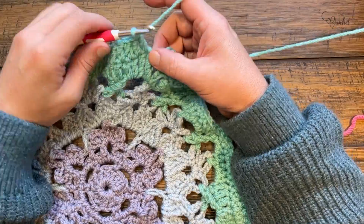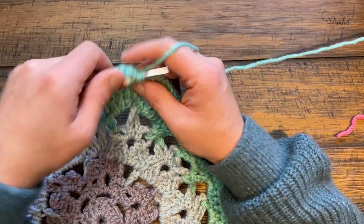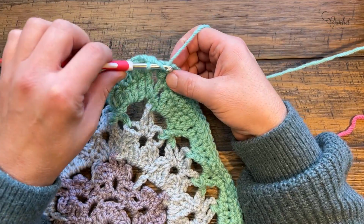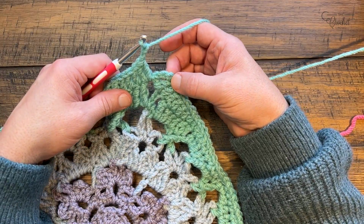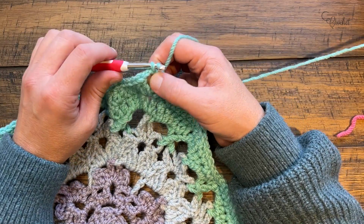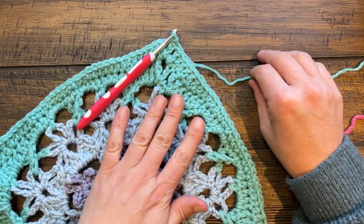So I'm coming all the way back around, and the last one has 2 double crochets in there. Okay, and then half double crochet join. If you wish to change colors at any point, you can always just chain 2 and then just join to the top of the first chain 3. You can do that as well. So you can decide, I'm going to change colors just for the fun of it, and let's move on to